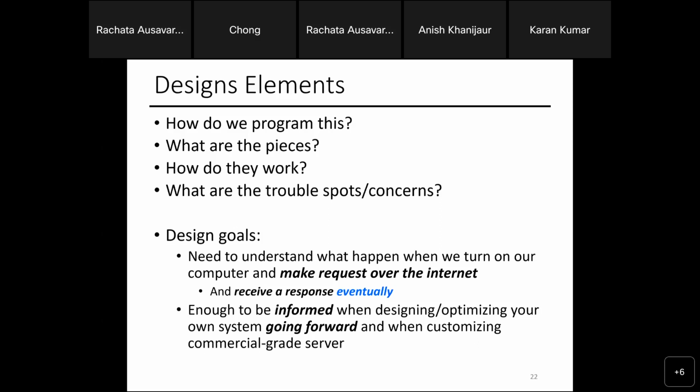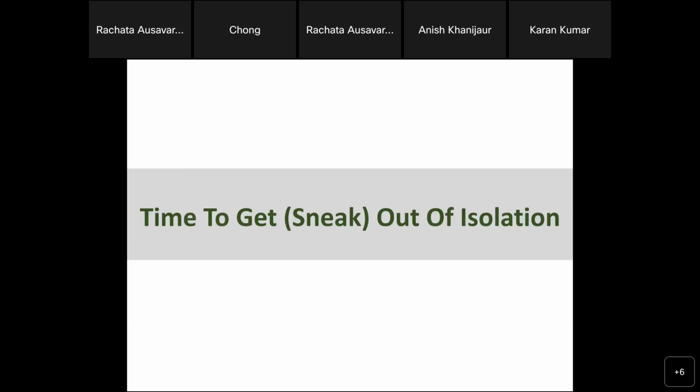Is that enough? First of all, you know what happened. Second of all, you know how to communicate to the server. Third of all, you know that eventually the server will communicate back. Is that enough? Somewhat, right? Assuming that you don't dive into the infrastructure and think, okay, how do we connect everything up, this model is sufficient, right? Keep this. Now let's go forward.